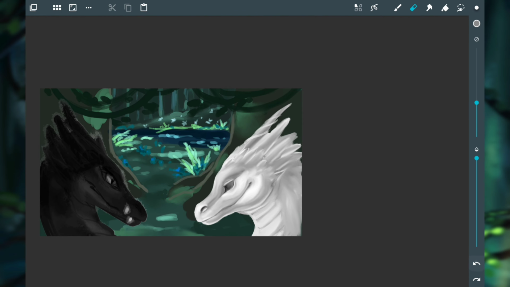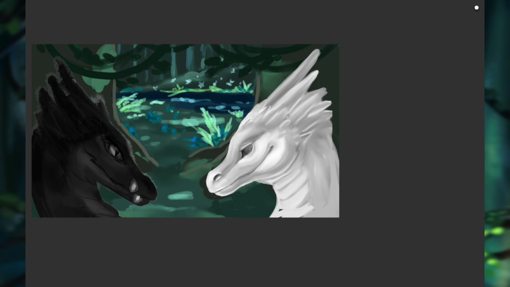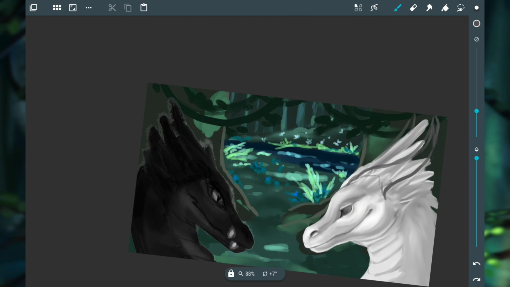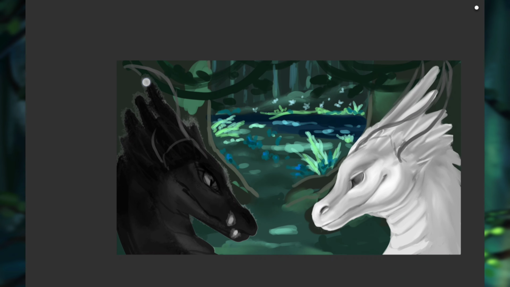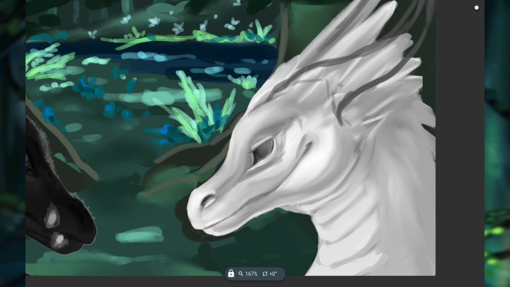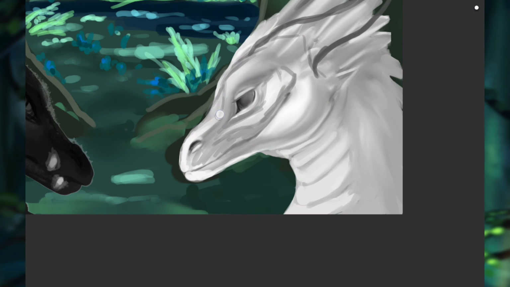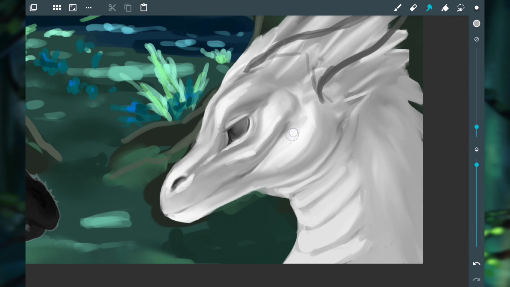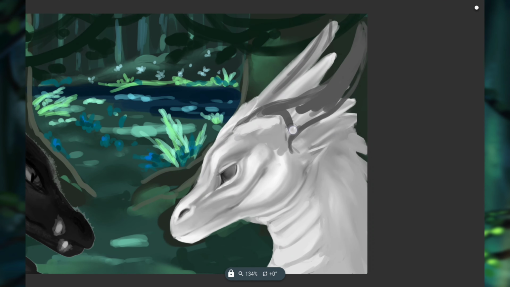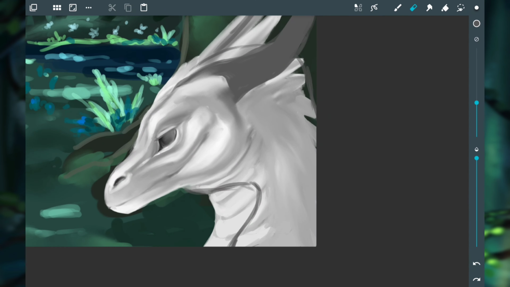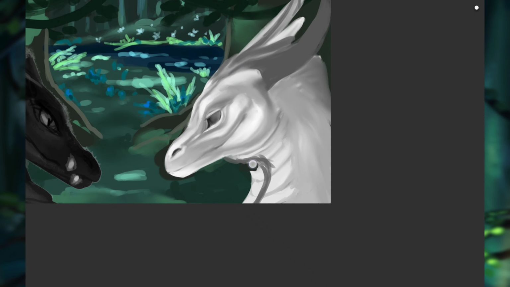I also decided I wanted to give them both elegant horns, but really couldn't decide on what kind of horns to give them for quite some time. Eventually I settled on two different designs of horns, one of them curving up and one of them curving down, as I wanted them to be similar but also opposite at the same time. So one is dark, one is light, one has up horns and one has down horns, and the dark dragon's feathers actually flick up, and most of the light dragon's feathers point downwards.